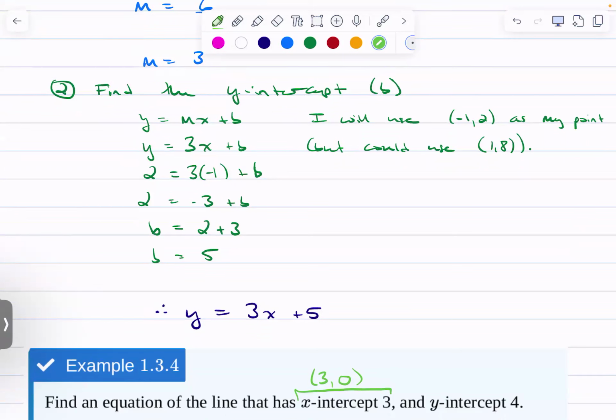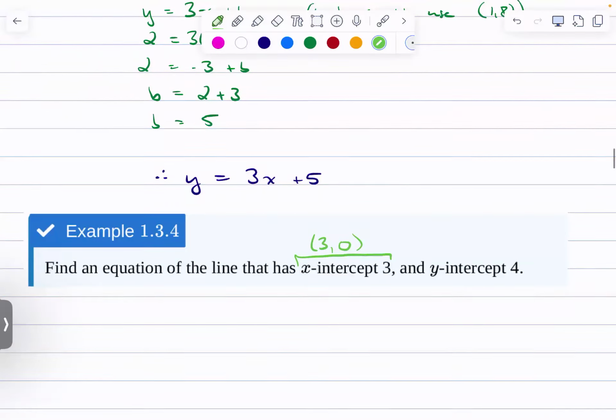So giving the intercepts is really just a sneaky way, granted, of giving you 2 points. Right? And the y-intercept means that,